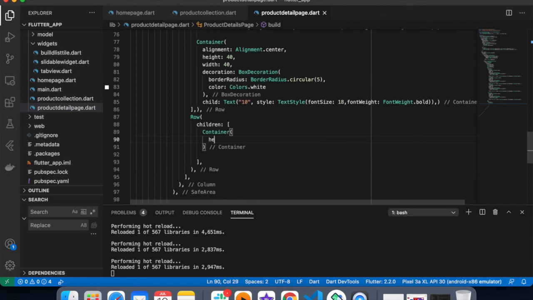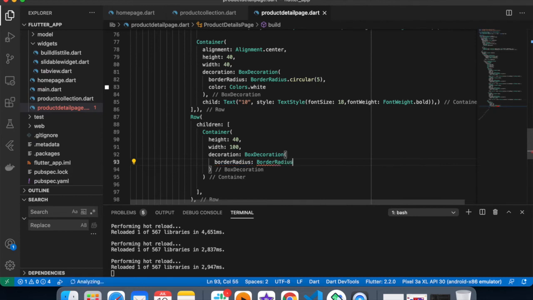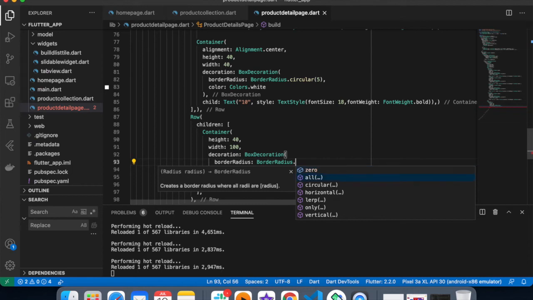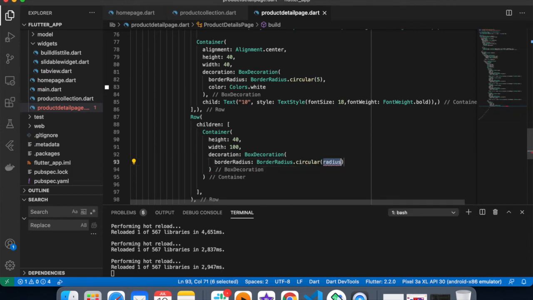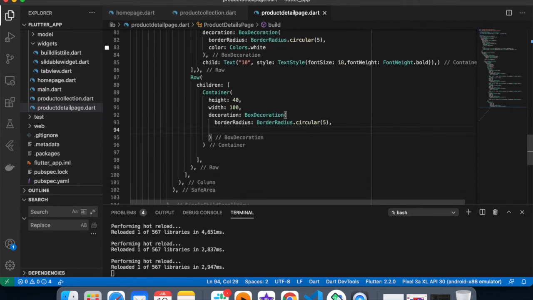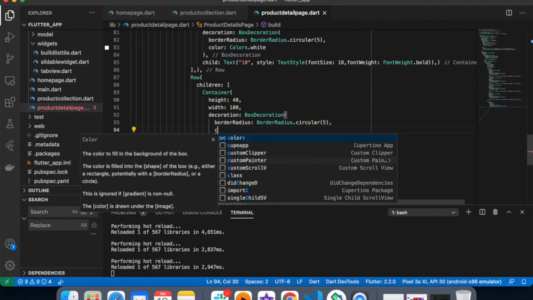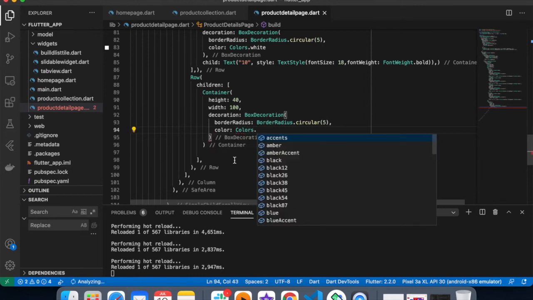So height will be 40 and the width will be 100, and decoration will be box decoration, border radius, I can give this 5, and giving color as black,